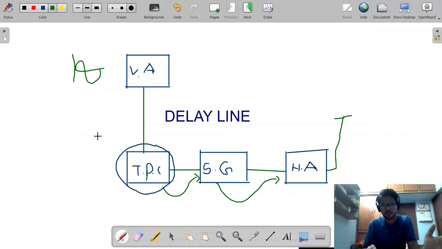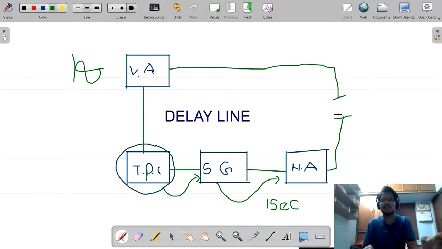Okay, assume that the whole process has taken a time of 1 second. How much time has the whole process taken? The whole process has taken 1 second. Now, from the vertical amplifier, assume that there is no delay line. Now, what will happen? My signal is directly given to the vertical deflection plate. Here there are no components, so it takes quite less time than the horizontal deflection system. Assume that it has taken a time of 0.5 seconds.